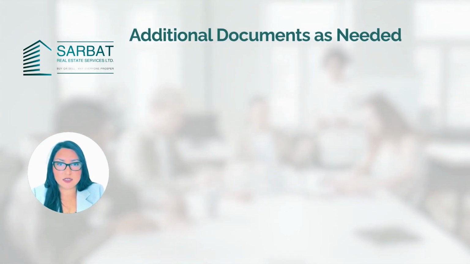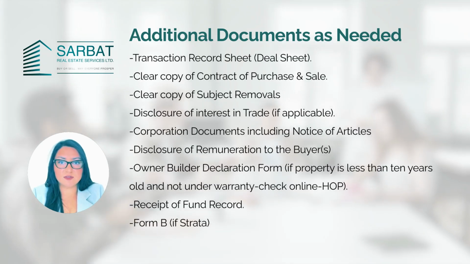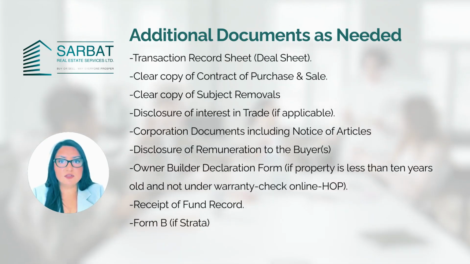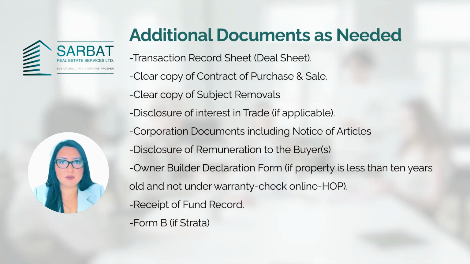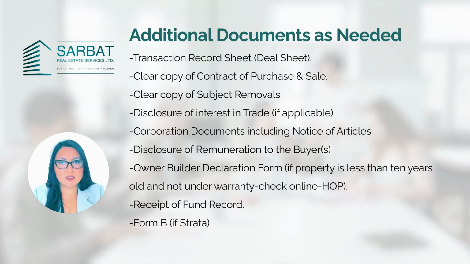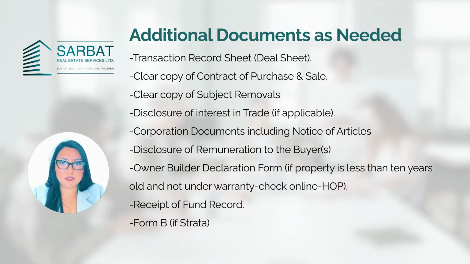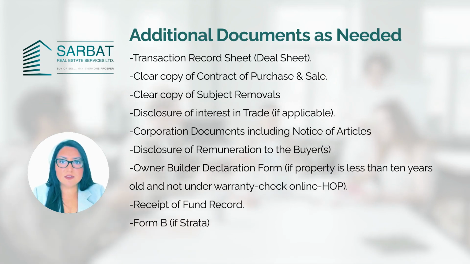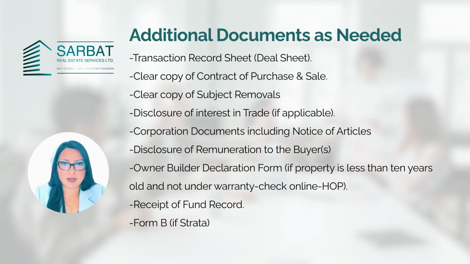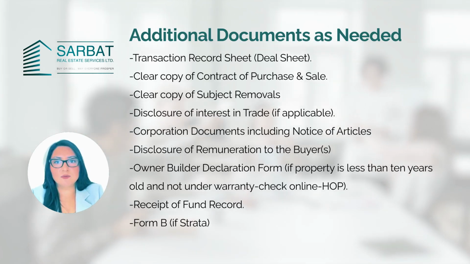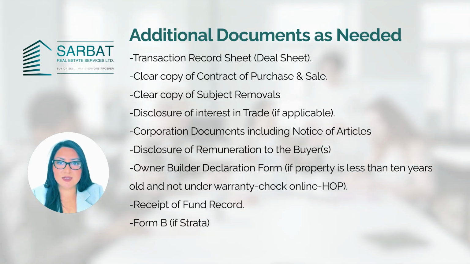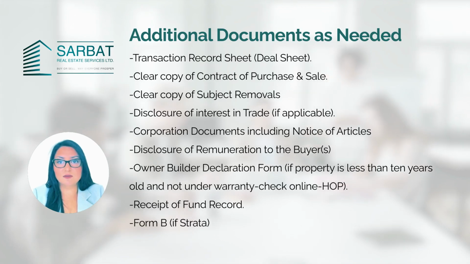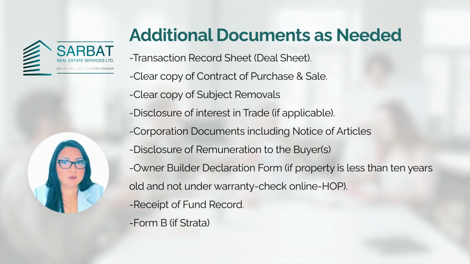Additional documents needed when finalizing a deal: transaction record sheet, clear copy of contract of purchase and sale, clear copy of subject removals signed and dated by the buyers and sellers, clear copy of addendums signed and dated by the buyers and sellers, notice to seller regarding assignment terms, title search initialed by the buyer, property disclosure statement signed by the sellers and buyers and dated by the buyers, disclosure of remuneration to the buyers, owner builder declaration form if the property is less than 10 years old and not under warranty (check online), disclosure of interest in trade if applicable,